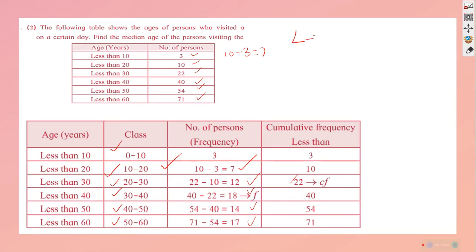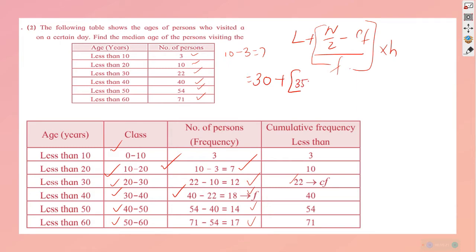The formula is again L plus (N upon 2 minus CF) upon F, the whole multiplied by H, the class interval. So you will simply substitute: 30 to 40 is supposed to be the median class. So naturally the lowest is 30, so you will be writing L is equal to 30 plus N upon 2, 71 upon 2, 35.5, minus CF,